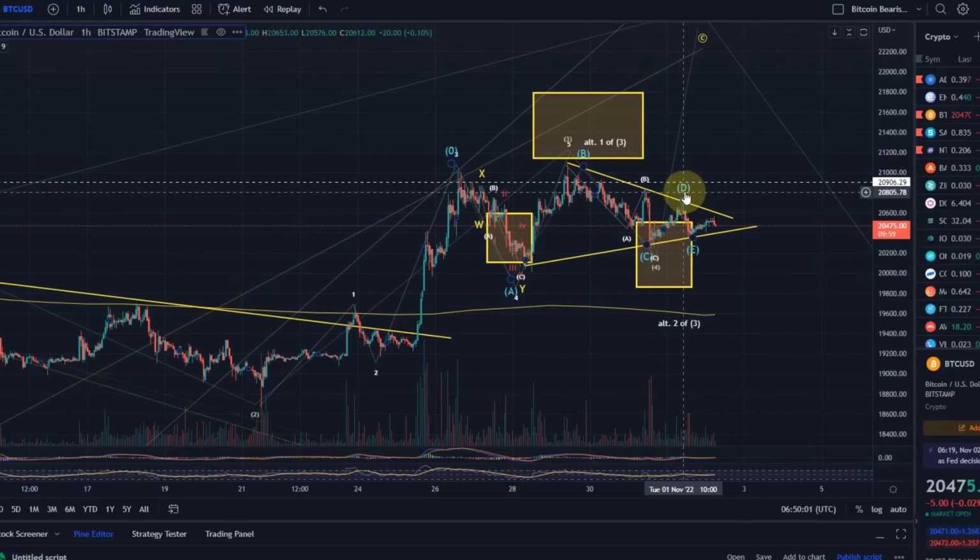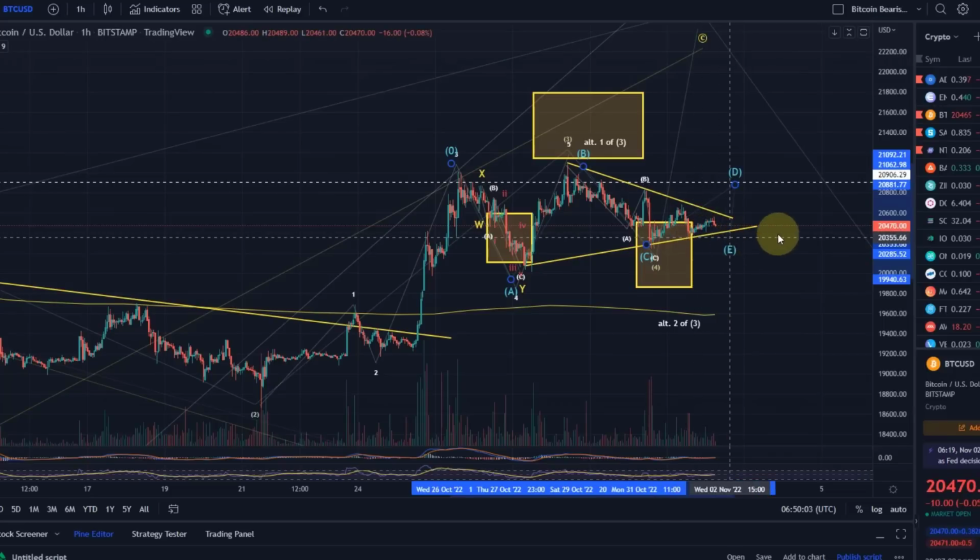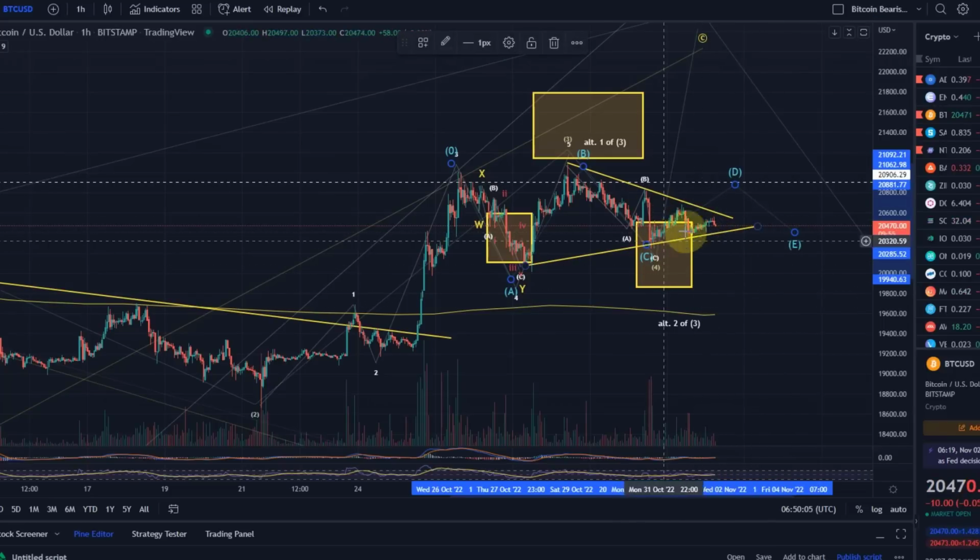Or you could say that wave D is still ongoing and wave E is also not yet started, because those triangles do spread out a bit. And if you want to count this as an Elliott Wave triangle, the condition needs to be the wave D needs to stay below the B wave and the wave E needs to stay above the C wave. So it would need to stay below 21,075. In fact, for the wave D, we calculated a target in the last video of around 20,900, highlighted here as a dotted line. And then the wave E would need to stay above the C wave, so above 20,250.